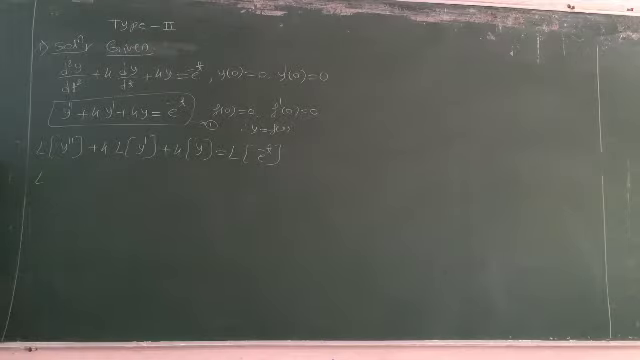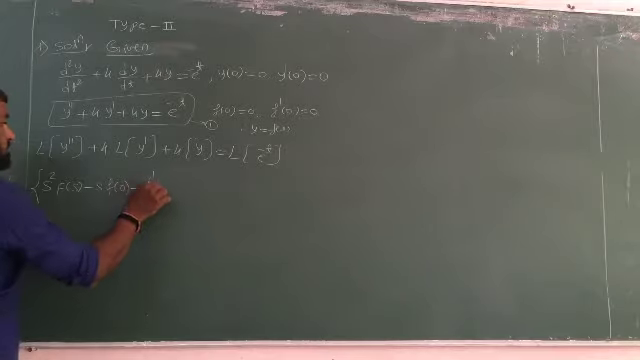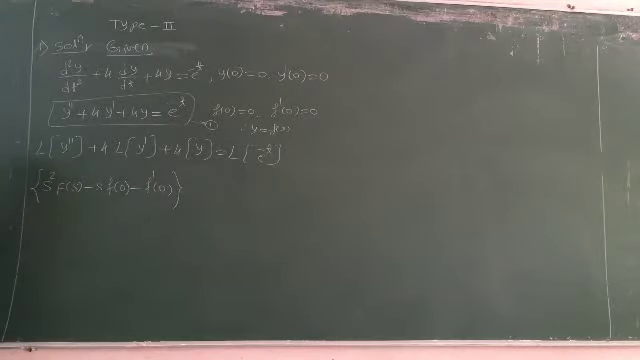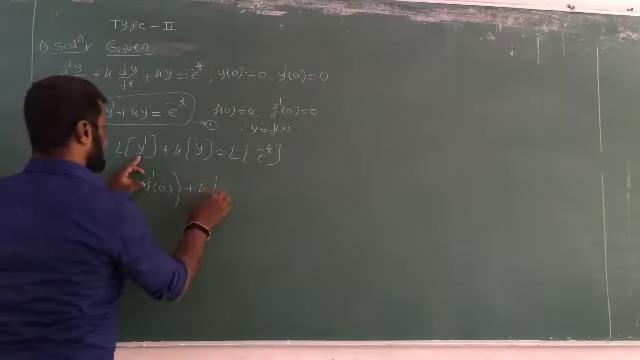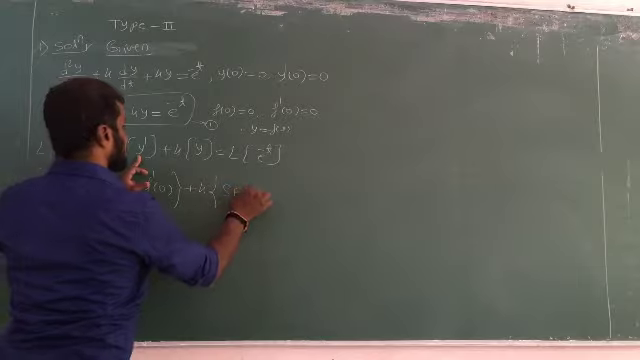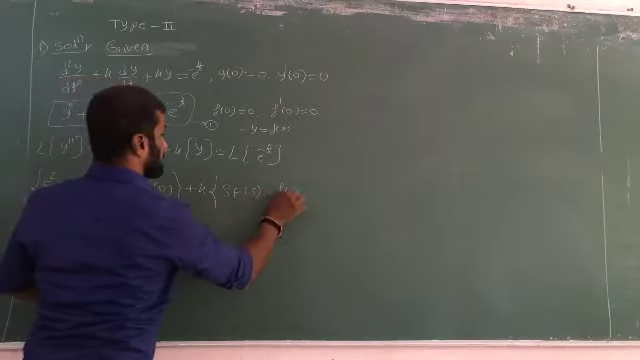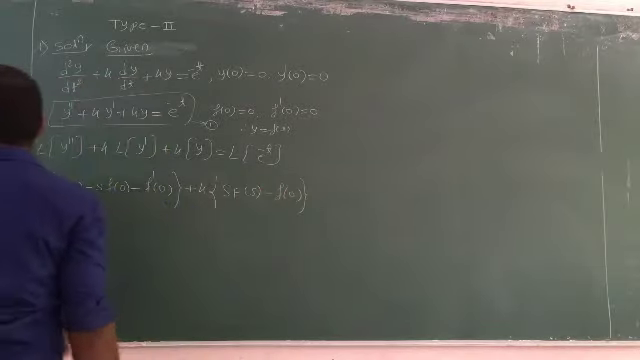Laplace of y double dash of t, it is the second order derivative. What is the formula? So that formula is s square F of s minus s f of 0 minus f dash of 0, isn't it? So this is the formula for the second order derivative, you know it very well. Plus 4 times, it is s F of s, first order, minus f of 0, right? Plus